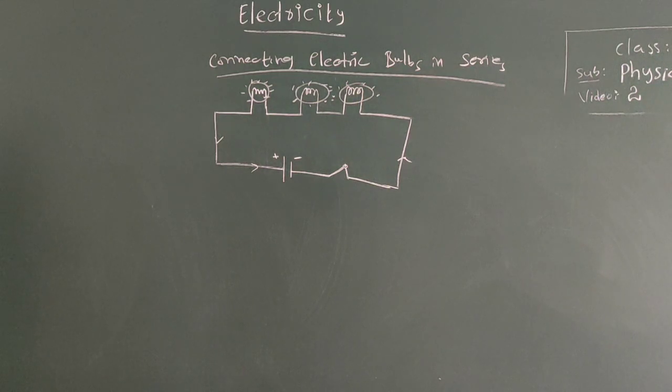Observe the brightness of each of the three bulbs. Now connect one more dry cell in series with the first cell. Observe the brightness of each bulb. Then connect one more dry cell in series with the first two cells. Again observe the bulbs. Disconnect one of the three bulbs from its circuit. What do you observe in series connection of bulbs?